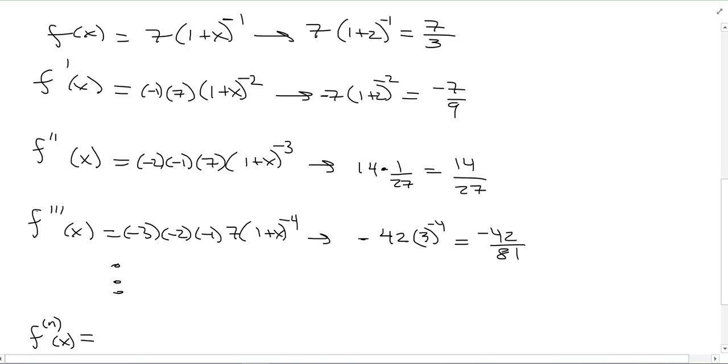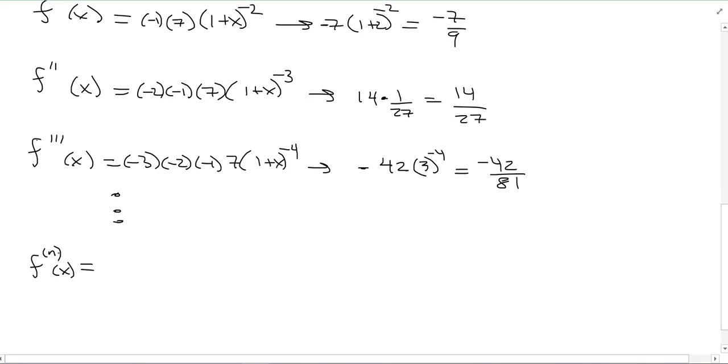And so the way that we do it, let's see. The pattern is if you're taking the first derivative, you have one negative. Taking the second derivative, you have two negatives, and it's now 2 times 1. When you're taking the third derivative, you have 1, 2, 3 negatives, and you have 3 times 2 times 1, which looks like a factorial, right? So notice that if you went to the fourth derivative,